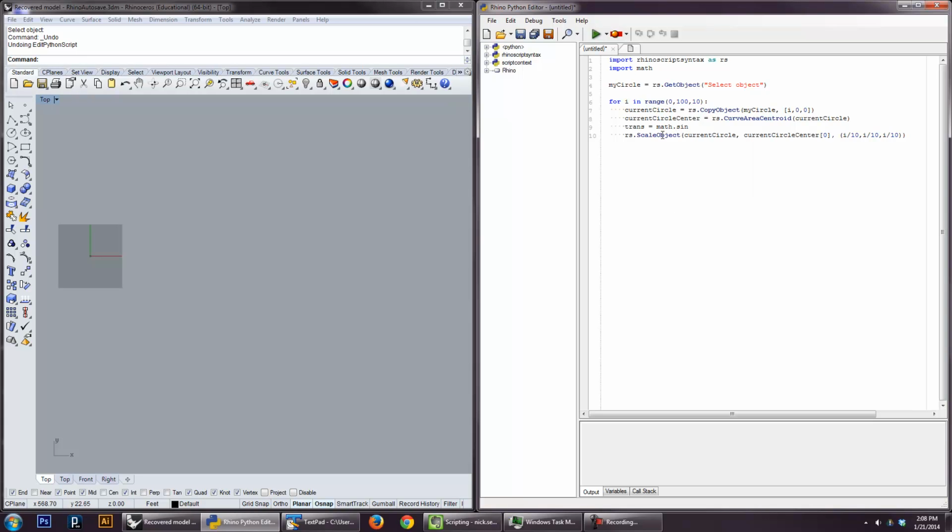math.sin. And sine is in radians, and we typically think in terms of 0 to 360 degrees, that sort of thing. We don't think in terms of radians, in terms of pi. So I'd like to convert from degrees to radians, and to do that I use the radians command as well. So I'm going to do 360, which is a full revolution. It's going to go fully up and fully down in terms of sine. So we're going to do 360